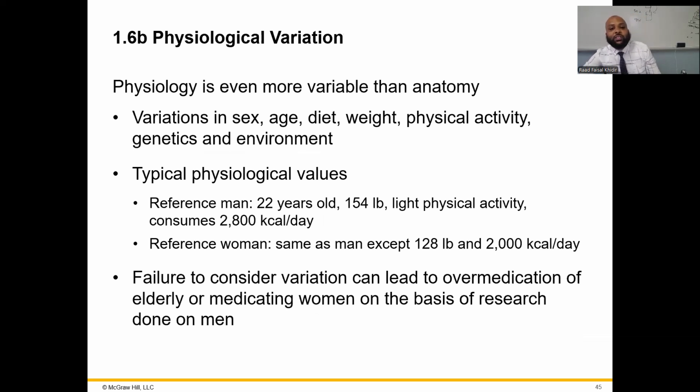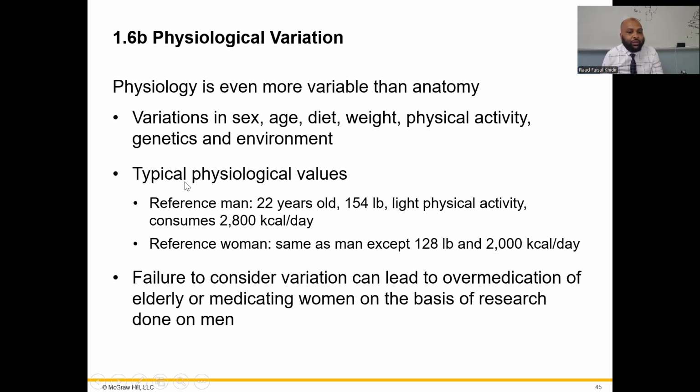Okay, so physiology is even more variable than anatomy. When we talk about values, what's the heart rate? What's the pulse? What's the respiratory rate? Are we talking about a 70-year-old male, a 30-year-old male, a 12-year-old male, or a 6-year-old baby? That shows you that sex, age, diet and weight are different. So for reference,